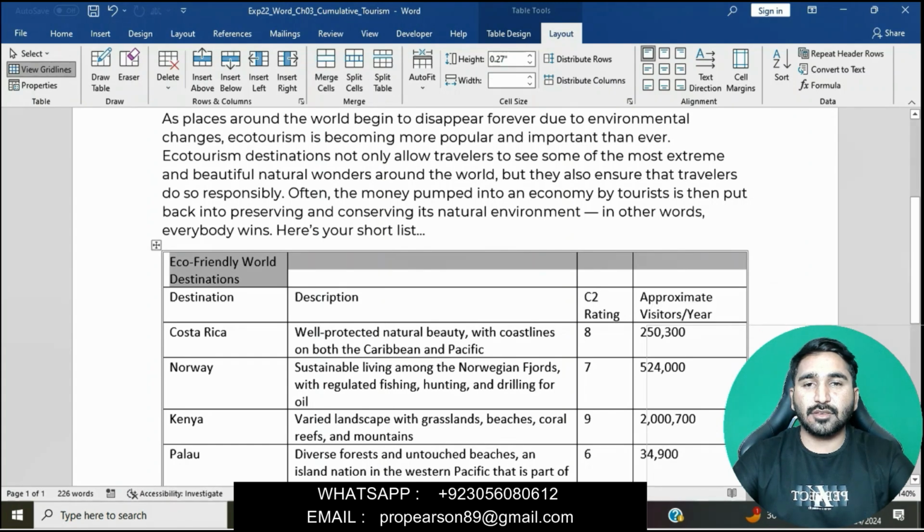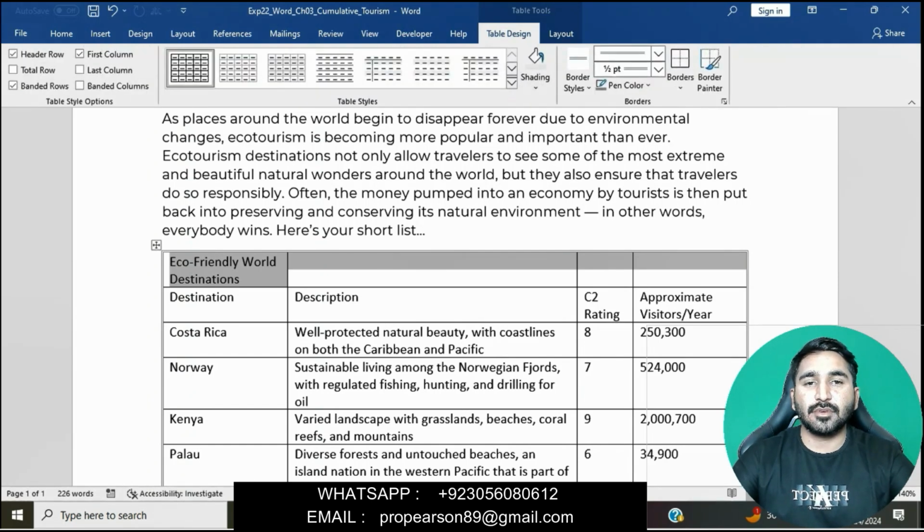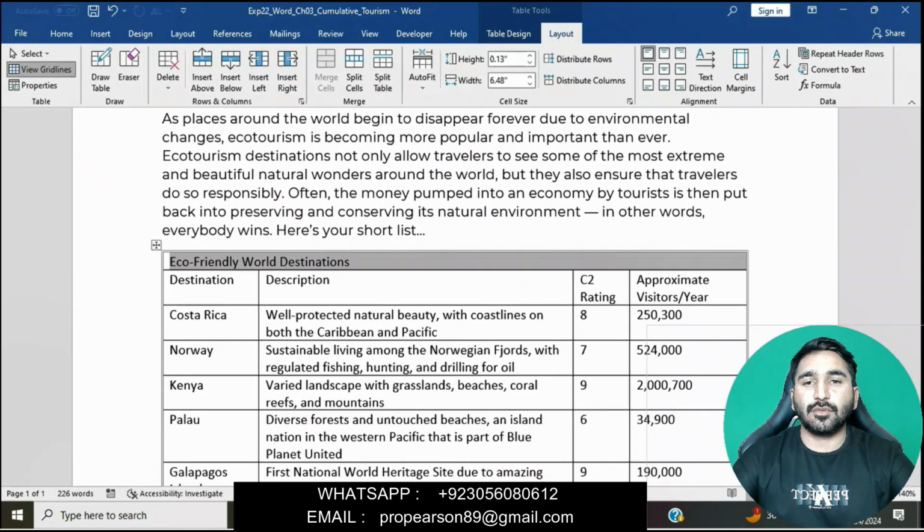We will select this first row and then go to the Layout tab. First we will select the first row of the first table and then go to the Layout tab, and you can see we will simply merge cells. Click on Merge Cells.